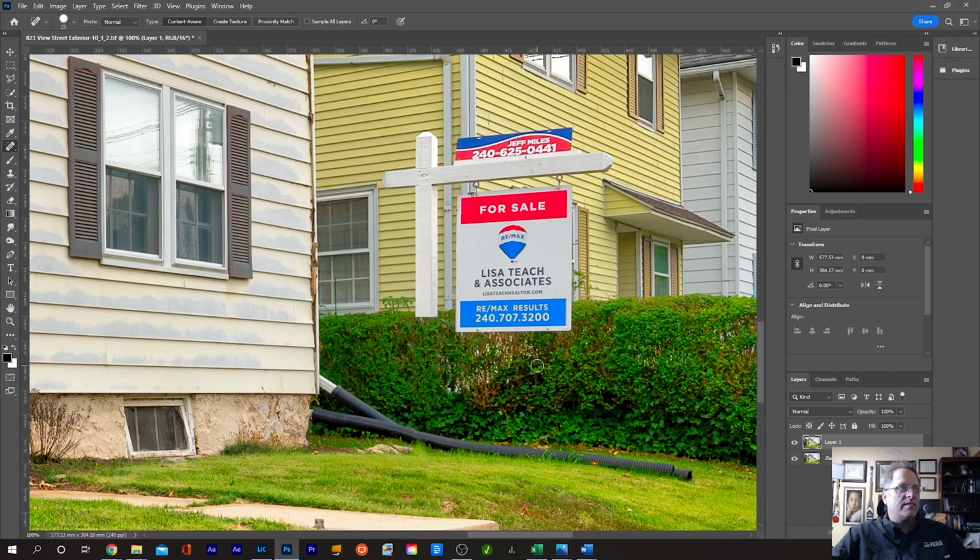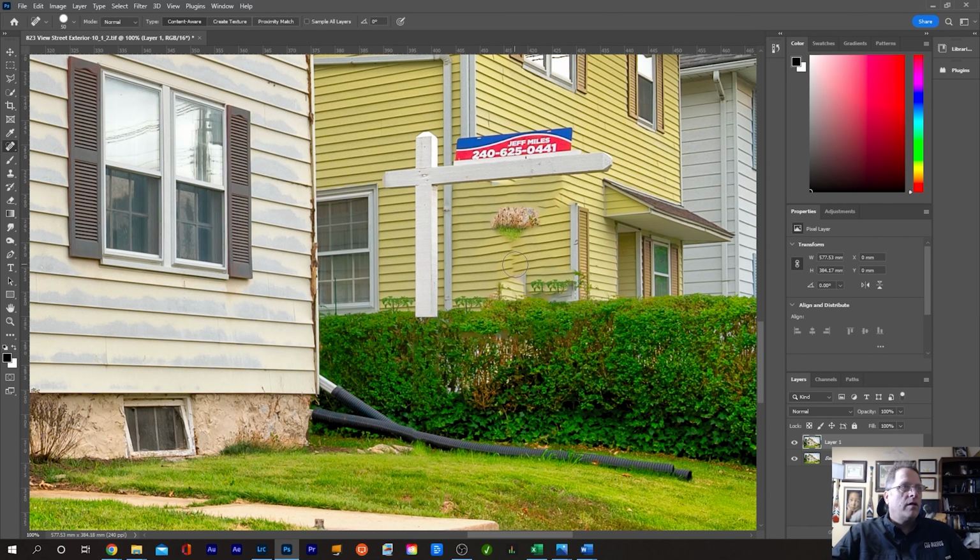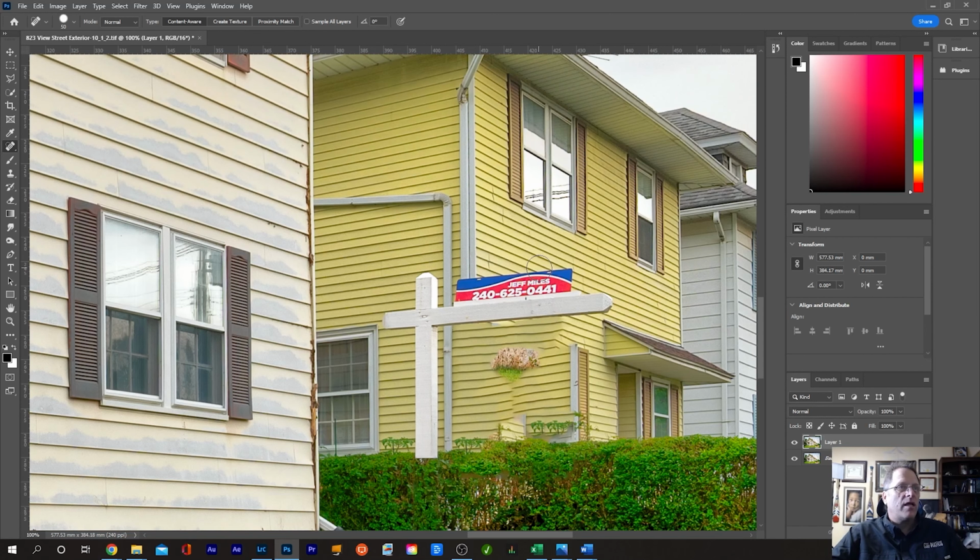And if we continue with this Control J, it might do some funny things. So I'm going to just draw over the sign here. And let's see what this does. Boom. It's not too bad. The problem is that the house behind it has a window here, and we don't really know what that window looks like, but it probably looks a lot like this window up here. So maybe instead of trying to